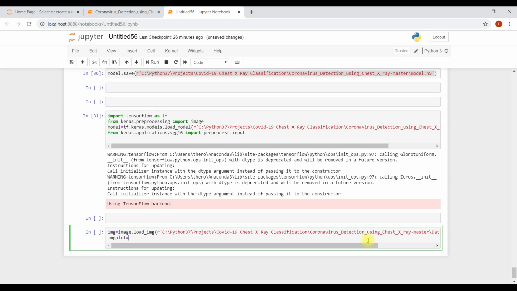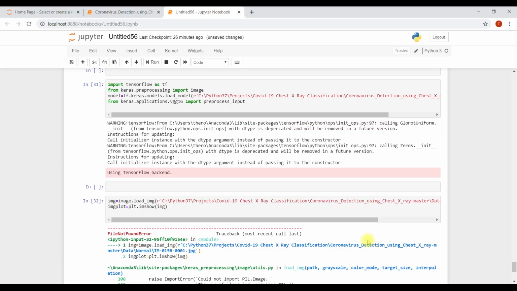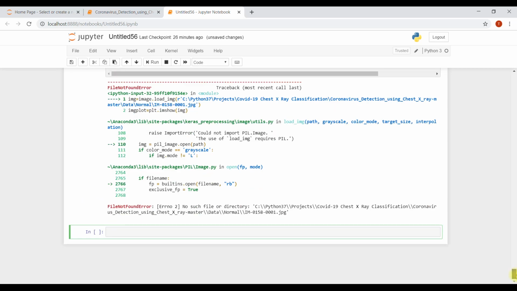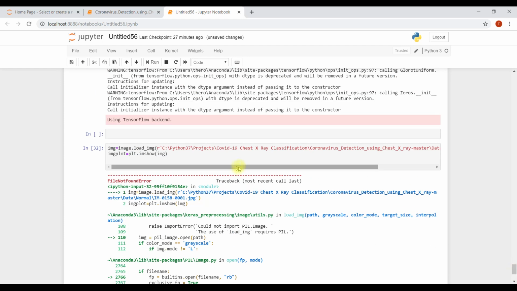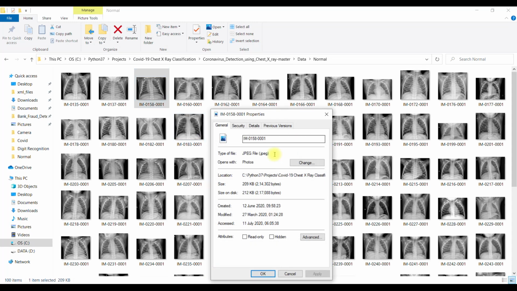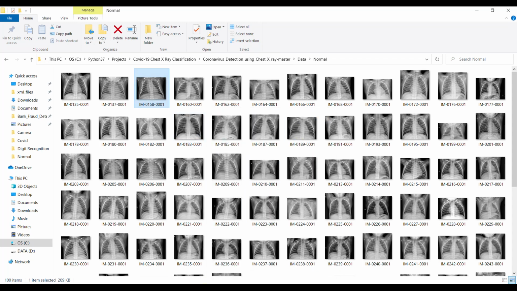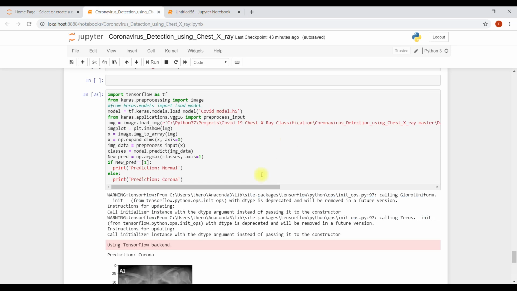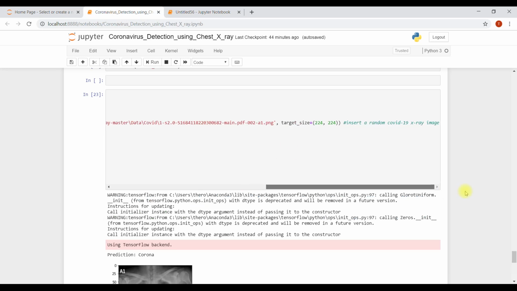Then plt.imshow is going to show our image. Okay, let's see. No such file or directory. That's strange. I think it's in jpg or png format.